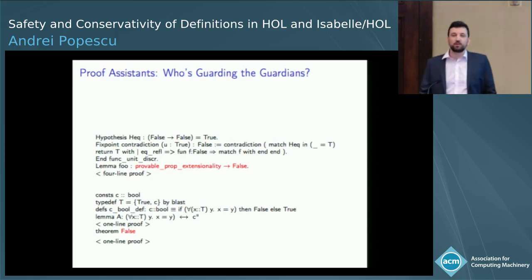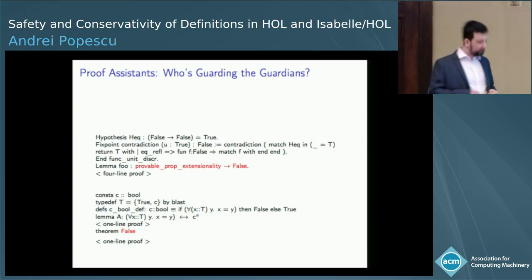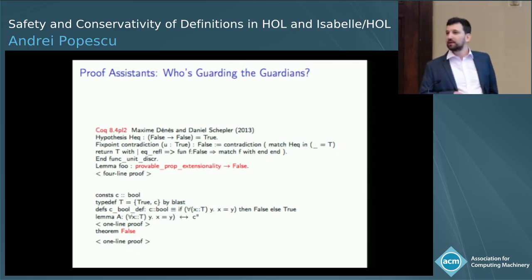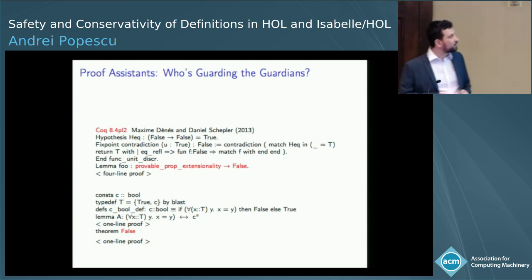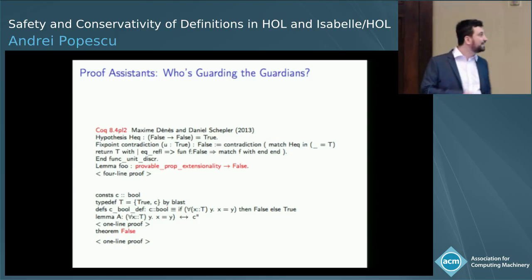But unfortunately, this is not the case, and it happens quite often that proof assistants exhibit proofs of false. These are two particularly famous examples that have affected recently probably the two most popular or user-populated proof assistants in use. This was in 2013, a bug discovered in the termination checker of Coq that allowed the inconsistency emerging from a widely used axiom, propositional extensionality.